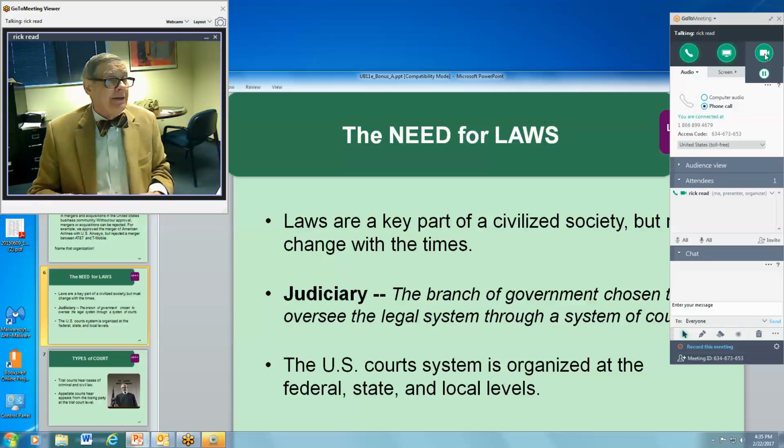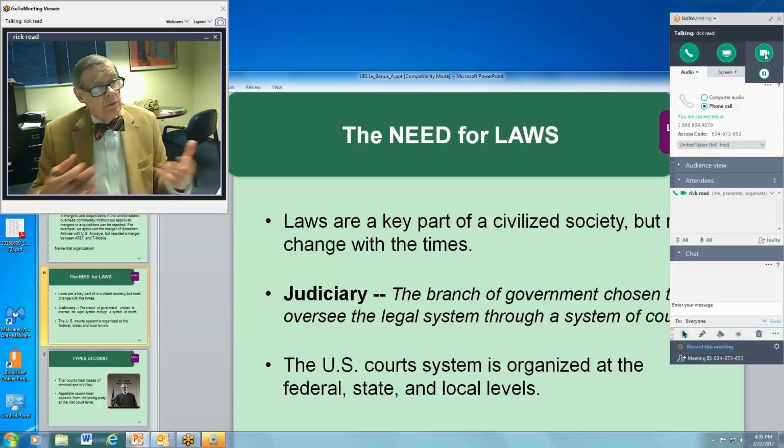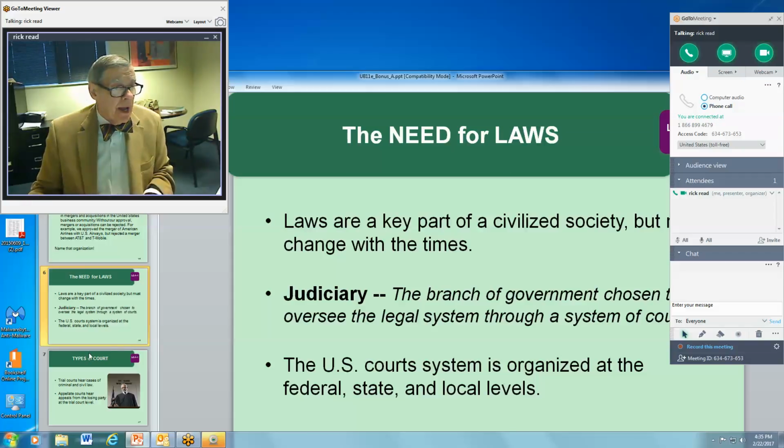So we have the executive branch, which is one of the three branches of government in the United States, administrative being the president and his cabinet, or the governor and his or her cabinet, depending upon the state in which you live, or a mayor of a city and the cabinet that he or she has. And then we have the legislative branch, the U.S. Congress and the various legislatures in the states. And of course, cities and counties have bodies that pass laws as well, city councils, county commissions, etc. And then we have the judiciary. We have federal judiciary, state judiciary, and then local judiciary, as it says here at the bottom of the slide.